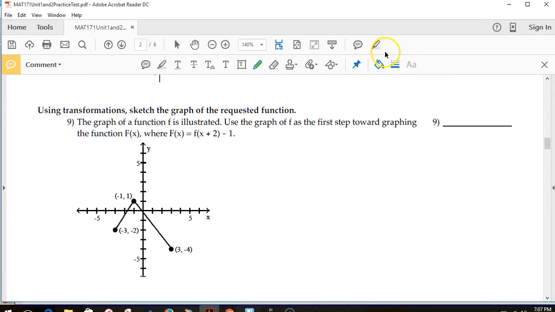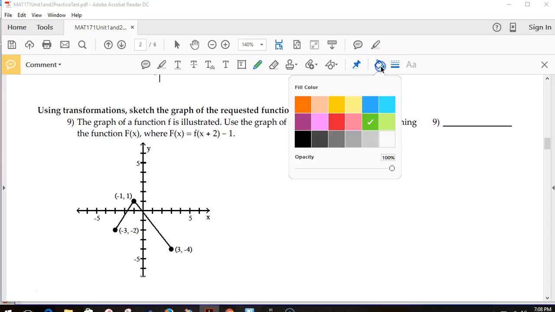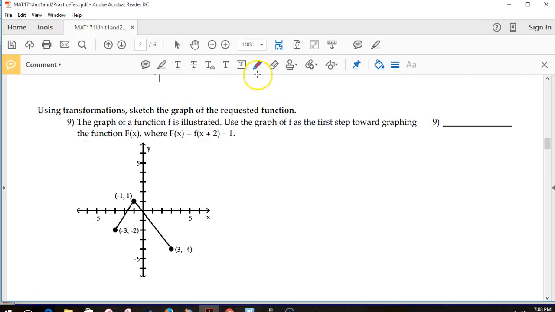Number 9, I have a piecewise function. Capital F of x is, we're going to get our next graph by taking this and then saying f of x plus 2, then minus the 1. So we'll have to remember what each part of this graph does. This minus 1 out here